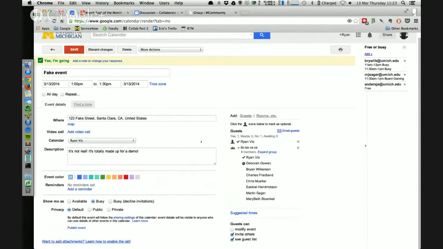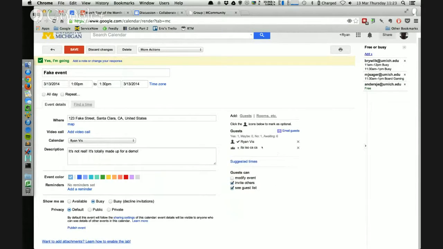If that doesn't work, back here in the event details below this list, and you can roll this up to make it a little bit easier, there's a suggested times link. If you click that, it's going to give you a list of times. I believe this goes out 2 weeks. Don't quote me on that. It may be a week. Up to 2 weeks. We'll do up to 2 weeks. It will show you any slot that is available for all of the people who have been invited.